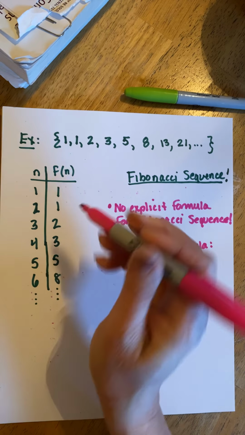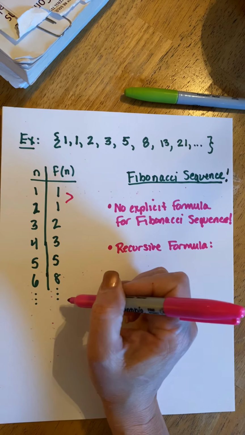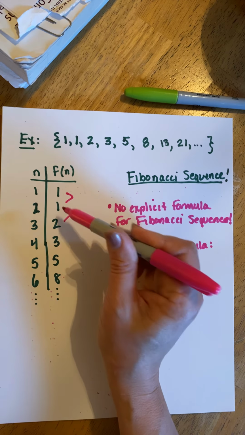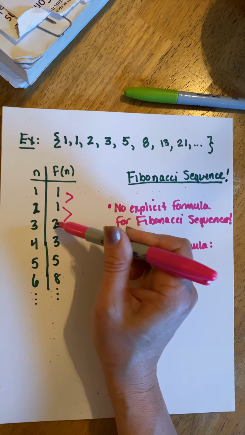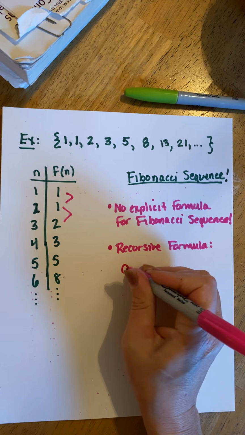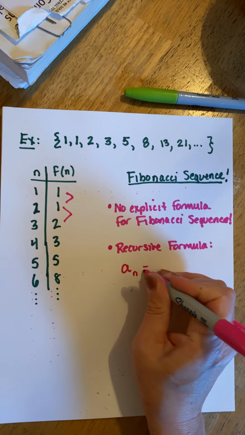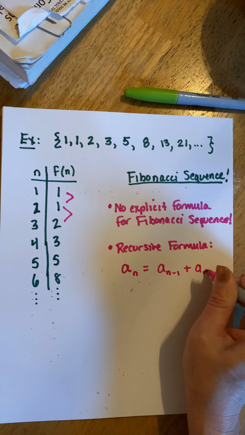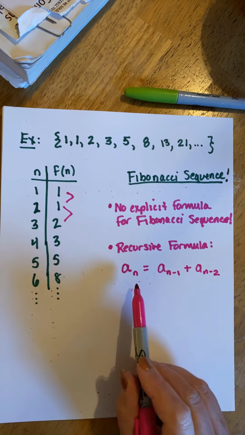So to get to the third number, I have to add the two numbers before it. So 1 plus 1 is 2. To get to the next number, I add the two numbers before it. So 1 plus 2 gives me 3. 2 plus 3 gives me 5. So how we would say that is any particular term can be found by adding the term before it and the term two terms before it. So if we have the nth term,